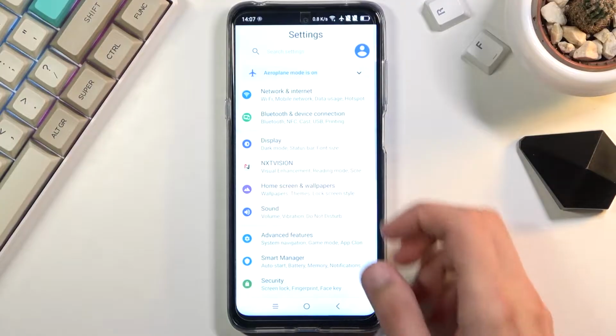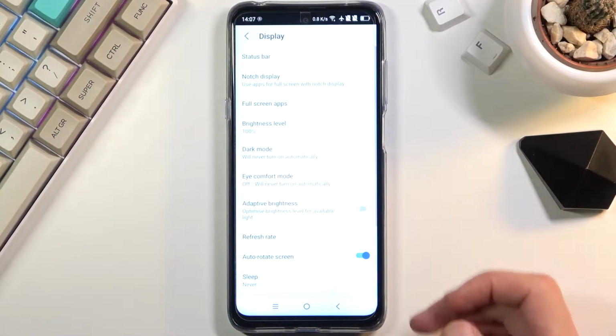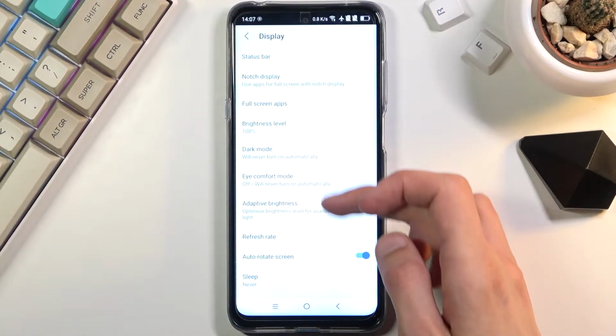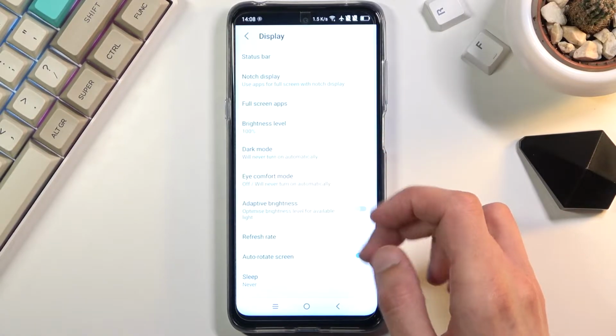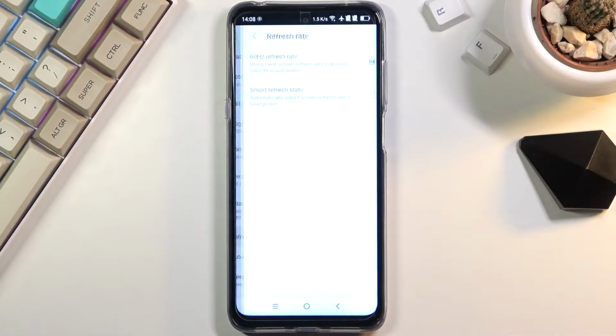So let's open up settings and go under the display section, and here we'll find, where is it? There we go, refresh rate. So what you can see is we have the smart refresh rate, which automatically adjusts the screen refresh rate to save power. Now it doesn't really give us much information, but judging by the name of it, I can already gather that what it will do is drop the refresh rate from 60 even lower, depending on what content you're